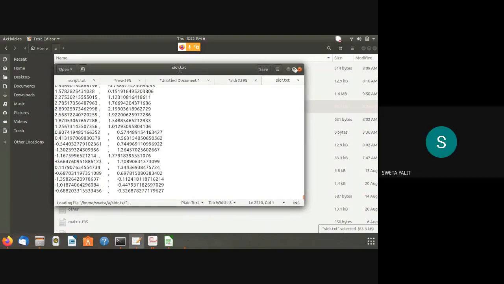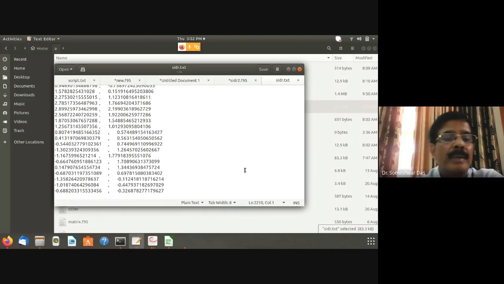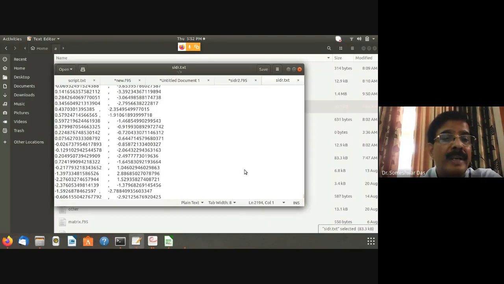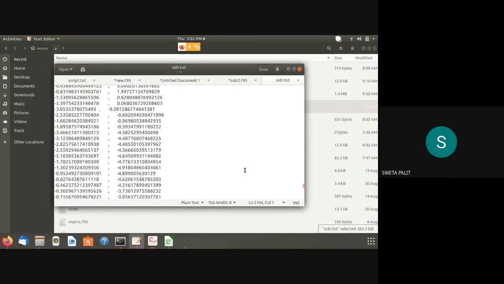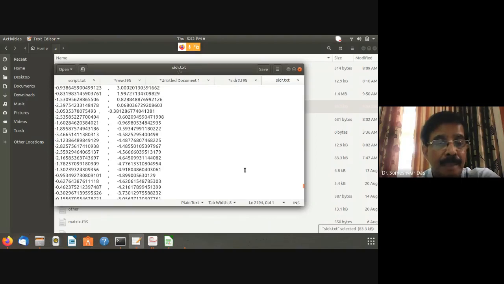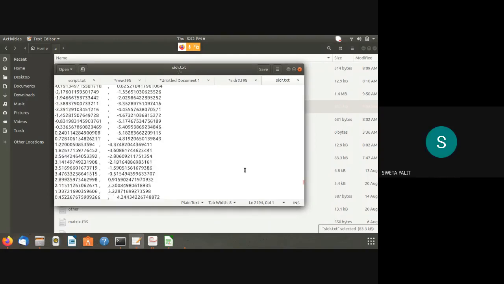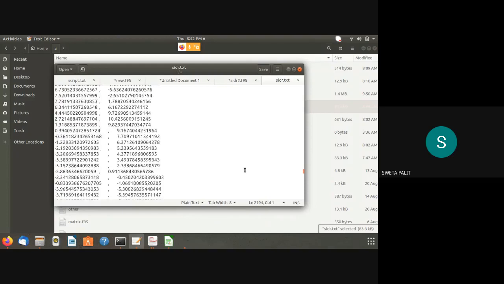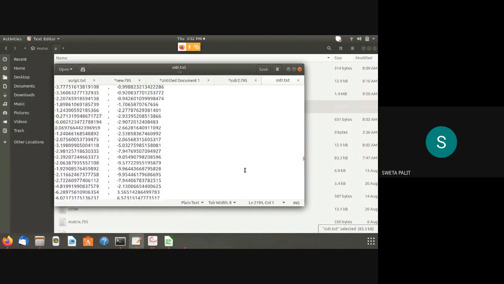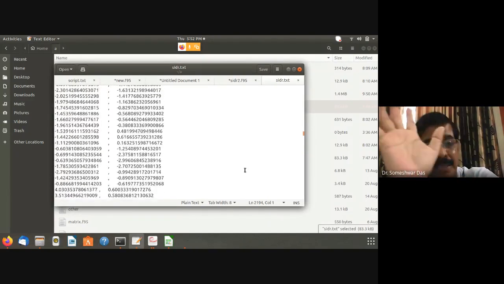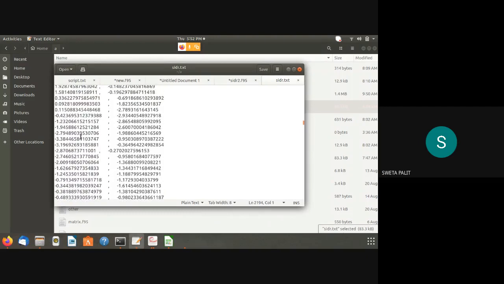Sir, this is the file, U comma V. You know, this first column, there that is 47 by 47 points, is it like that? Yes, sir. First column has 47 by 47 points in a column form. All the u values, is it like that? Yes, sir. All the U values. Left side of the comma, all the U values. Right side of the comma, all the V values.